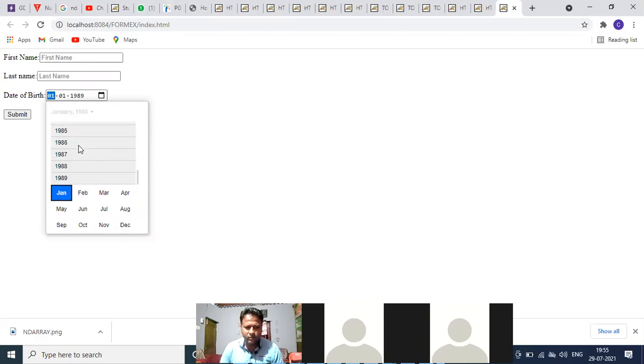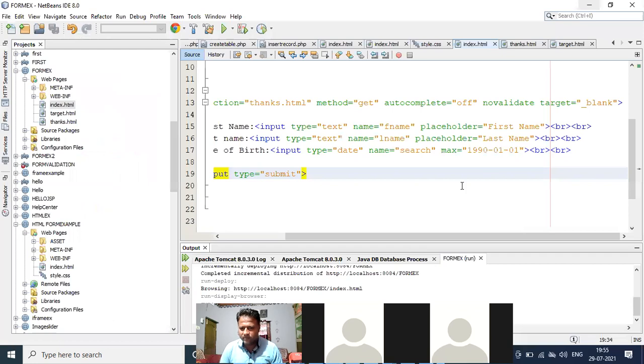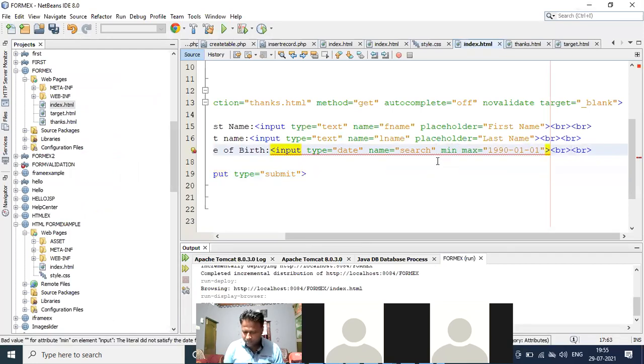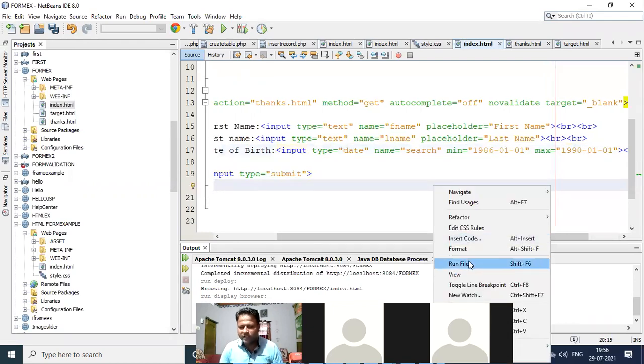Before 1990, it is showing you all the years. And if you pass the minimum, maximum is 1990, minimum is, suppose you pass 1986-01-01. Okay, so in this range you can pass the value.